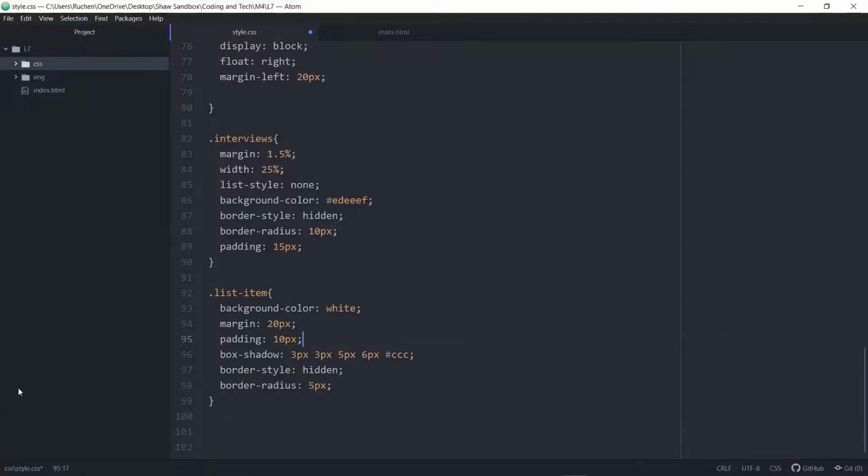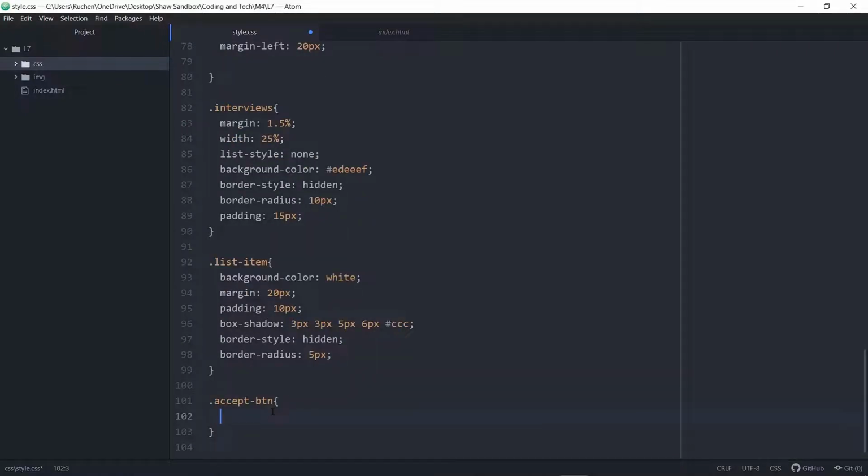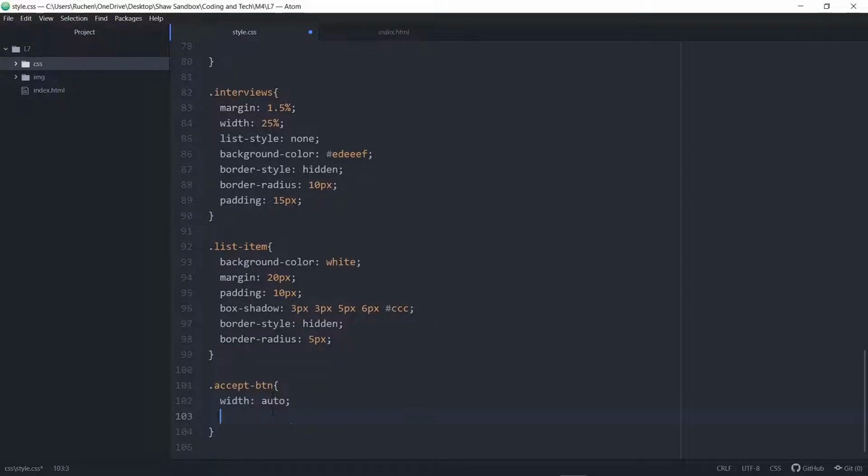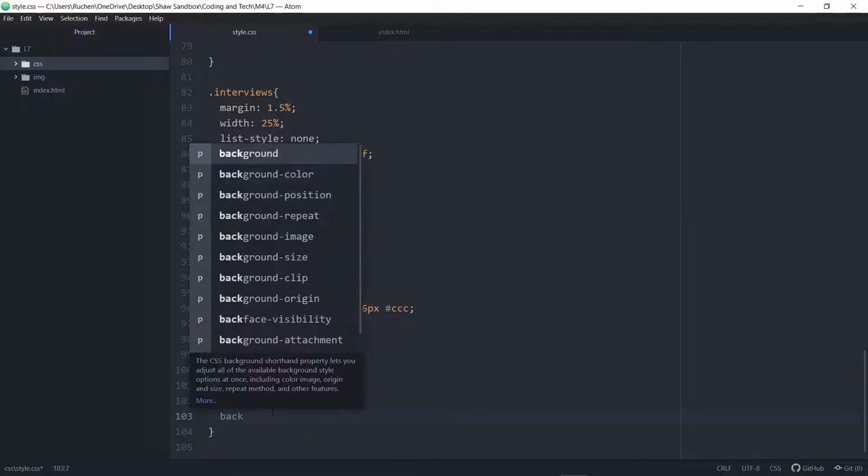Now, to kickstart the session, I'm actually going to start working on my accept button. And remember, this is part of the user interface of the interviews panel that we've built out. So I'm simply going to call accept-btn, stands for button. And then I'll start writing my code. So I'm going to give this button a width of auto, and the reason for this is because I want it to remain responsive. So as the user scales their client or their view, so will the button be scaled accordingly. I'll then give this a background color